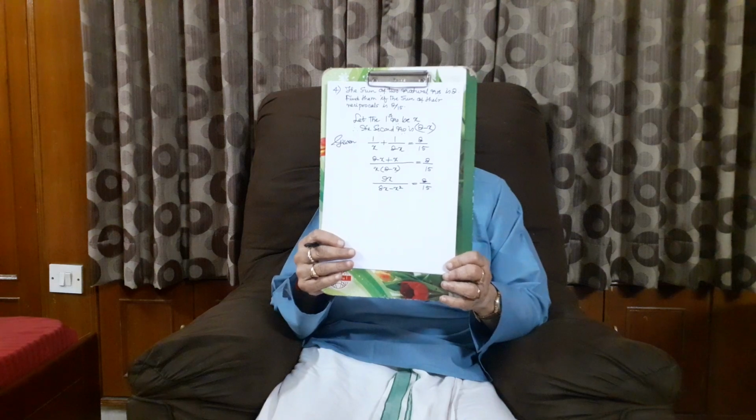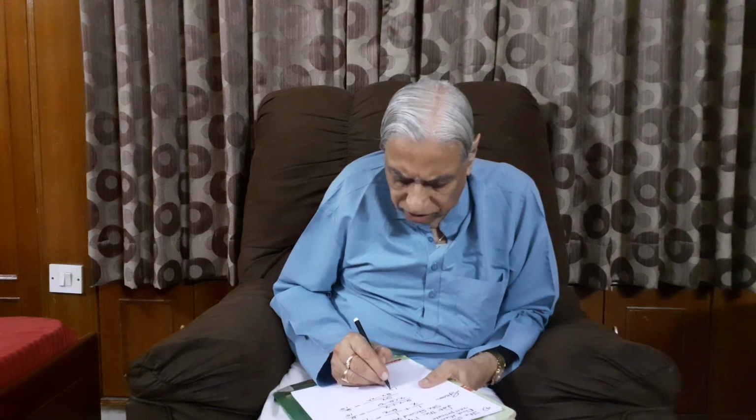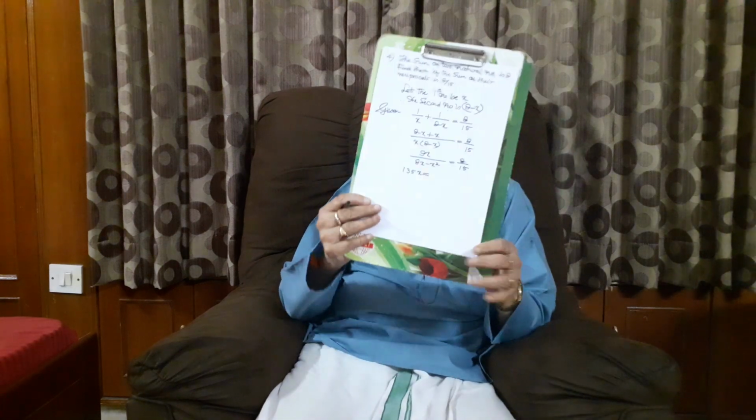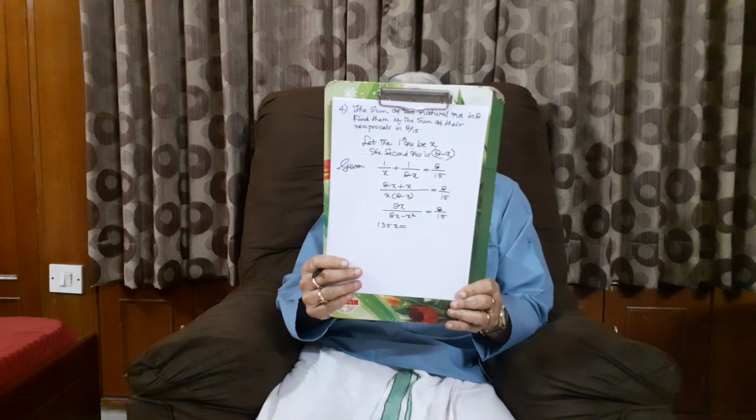Okay, sir. Then cross multiply, bring it to the standard form. Multiply by 8 or by 15. 15 into 9x is 135x. That is equal to 8 into 8x minus x squared. Multiply. What is 8 into 8x? 64x